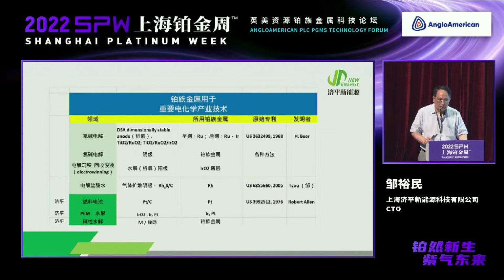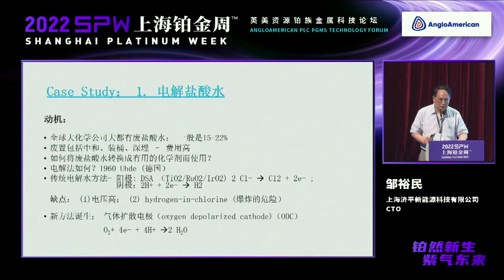But there is a third phase. The third phase features the use of iridium oxide as the anode, and on the cathode, you can collect various metals, including copper and cadmium, for electrolysis. The fourth phase is very special. Later on, I'm going to talk more about the details. So for JP, for our fuel cells and water hydrolysis, be it carbon or hydrogen, I'm going to talk about how everything turns from research